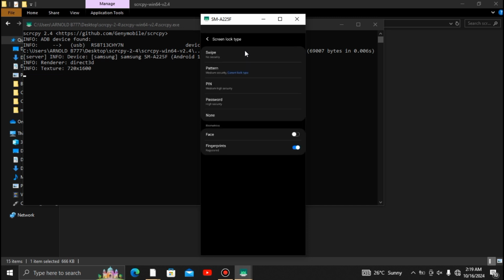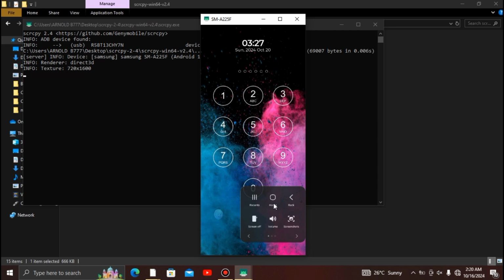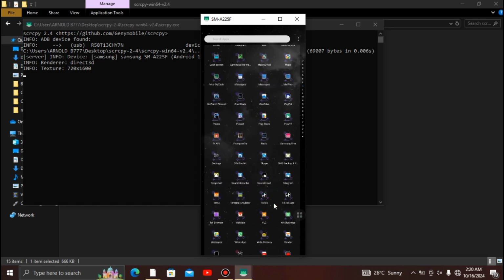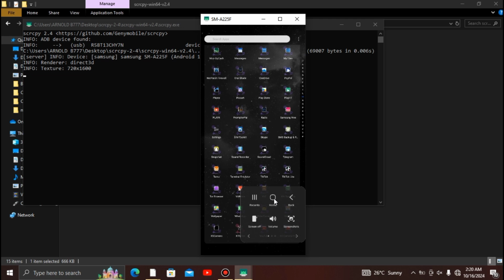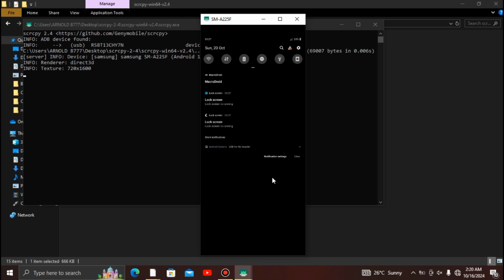So I have tested this method on 3 devices only. So let's say it's untested. What you're going to do is you're going to test this method, then leave your feedback in the comment section. Or if you have any other ideas or a workaround to bypass the shutdown,